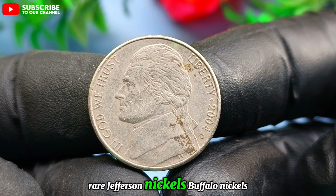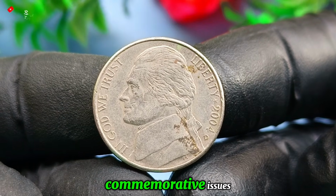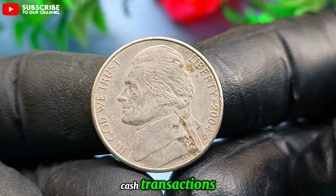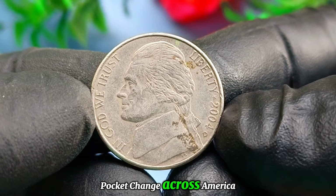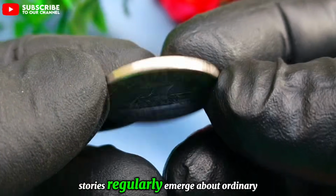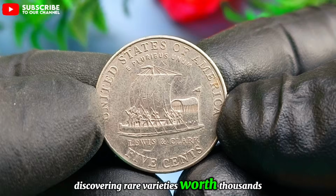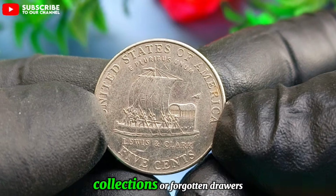Rare Jefferson nickels, Buffalo nickels, wartime silver nickels, and special commemorative issues still circulate through banks and cash transactions. Hidden treasures continue appearing in pocket change across America. Stories regularly emerge about ordinary individuals discovering rare varieties worth thousands of dollars while searching old jars, inherited collections, or